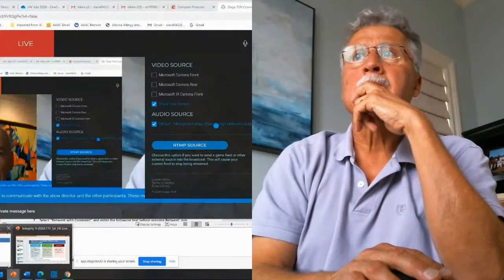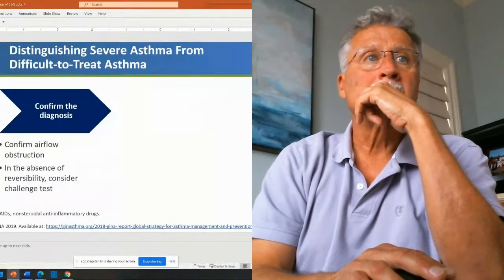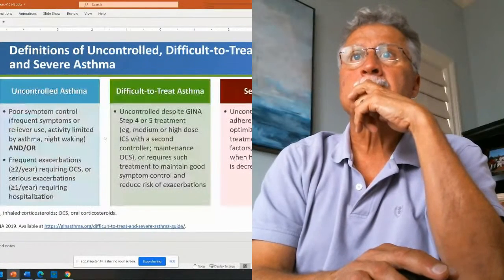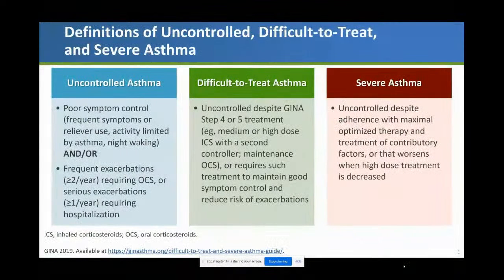Yes. You may be able to select sharing your slides directly instead of sharing the stage, but either way is fine. Perfect. Okay. Is this what you want? That is what I want.